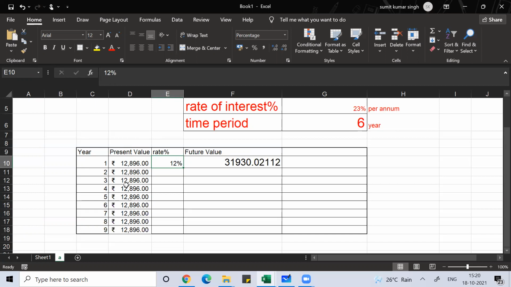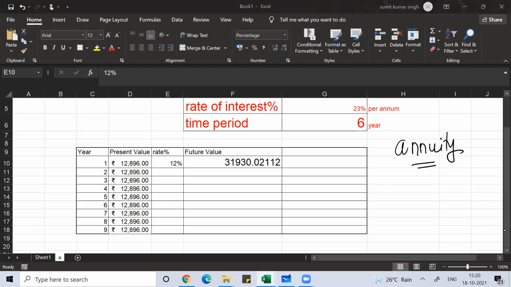In finance we use a term called annuity. Annuity basically means the amount which should be constant, and if you're receiving or paying that constant amount at the end of the period or the beginning of the period,